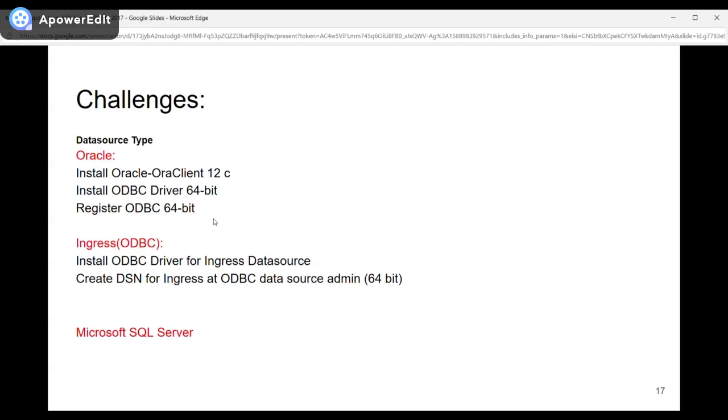For Ingres, we download the ODBC driver for the Ingres data sources, and then we need to create a DSN for the Ingres ODBC data sources in the 64-bit admin tool. At this part,